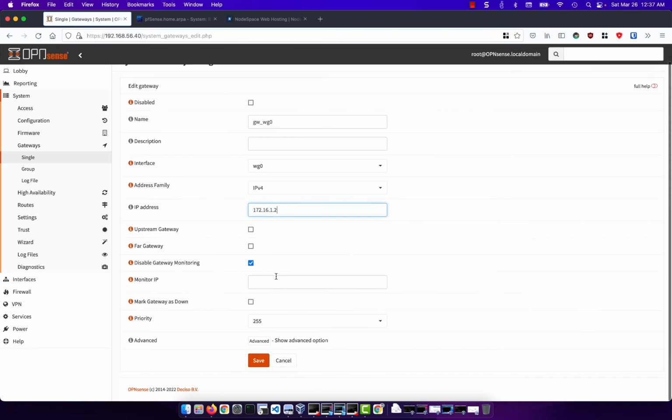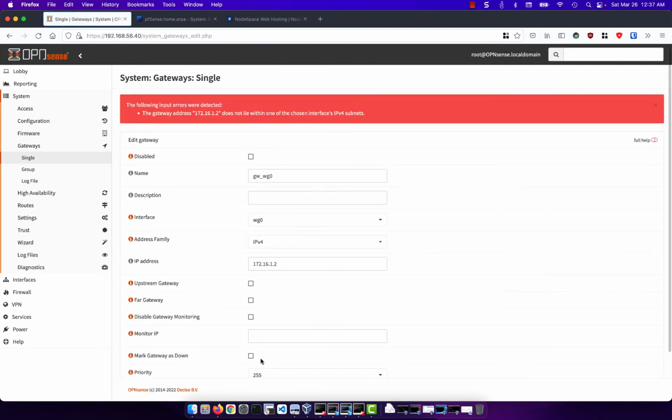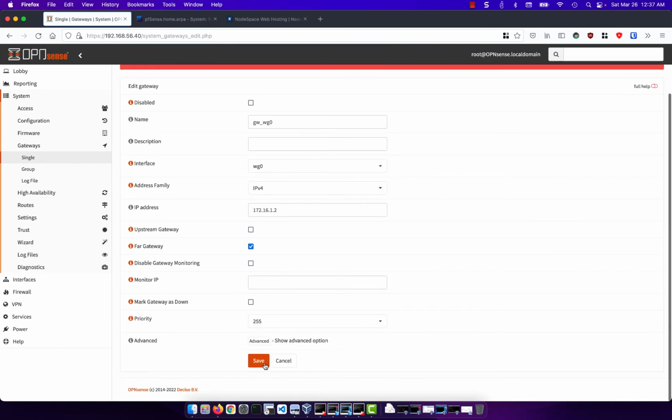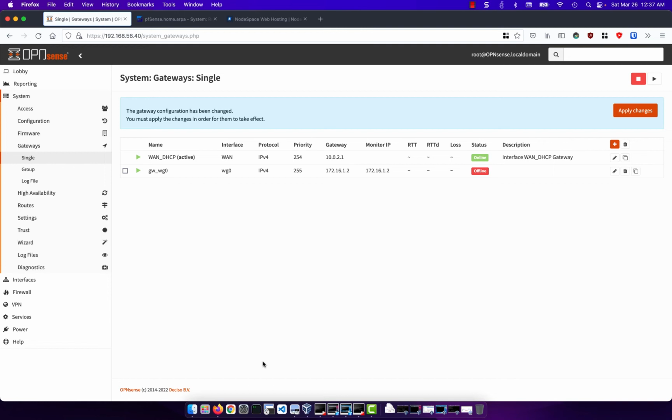And we're going to uncheck Disable Gateway Monitoring and click on Save. And it's complaining. If we click on Far Gateway, it will work. So now we need to apply our changes